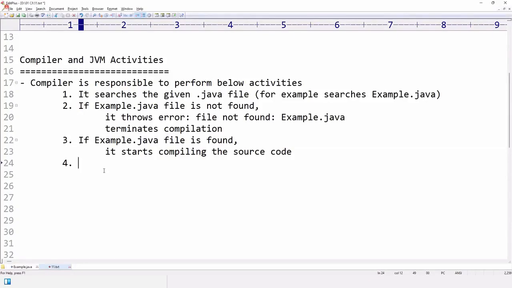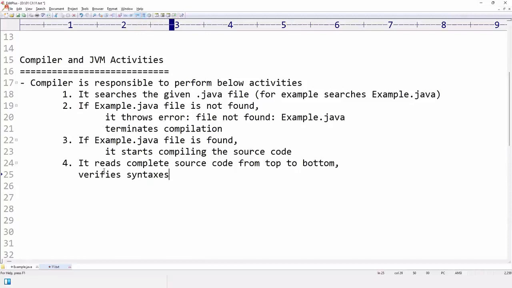If example.java file is found, it starts compiling the source code. What it will do? It reads complete source code from top to bottom, converts, verifies syntaxes. If there are any syntax mistakes,